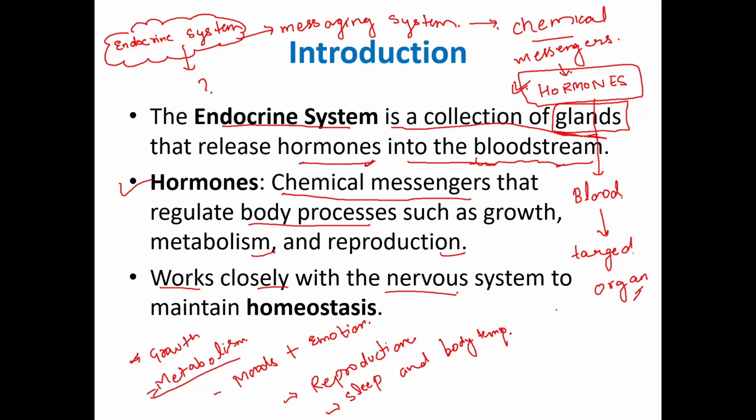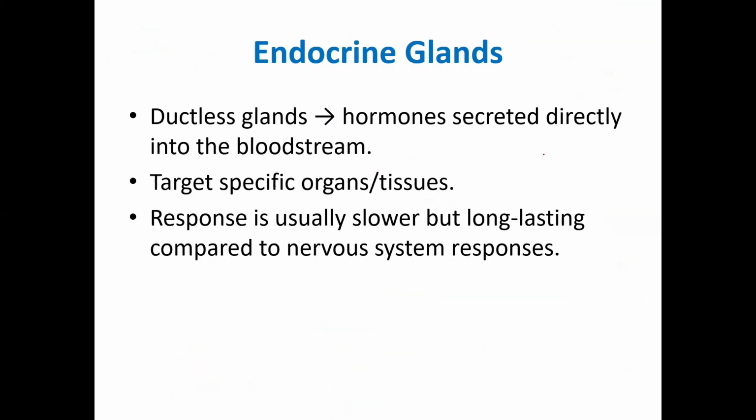Our control and coordination needs two systems. The first is the nervous system, the second is the endocrine system. Both systems maintain our coordination and control setup and help maintain homeostasis, as we talked about earlier in the class.